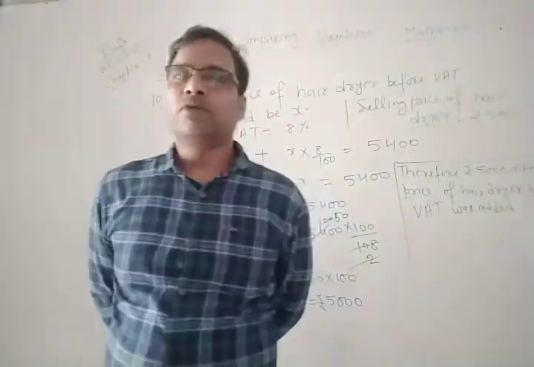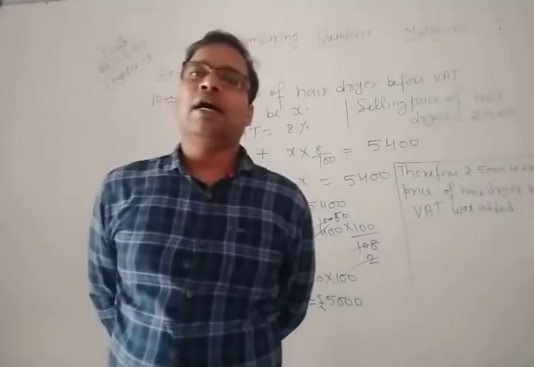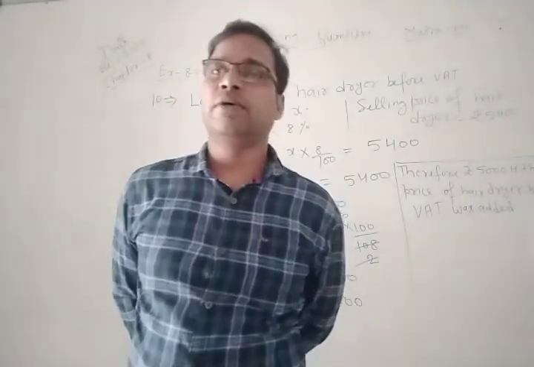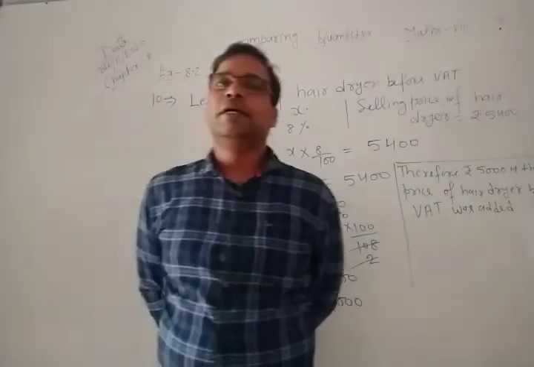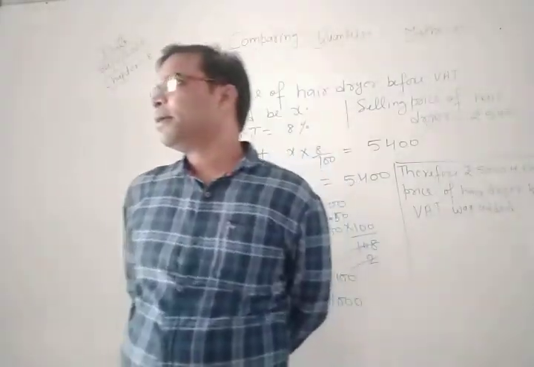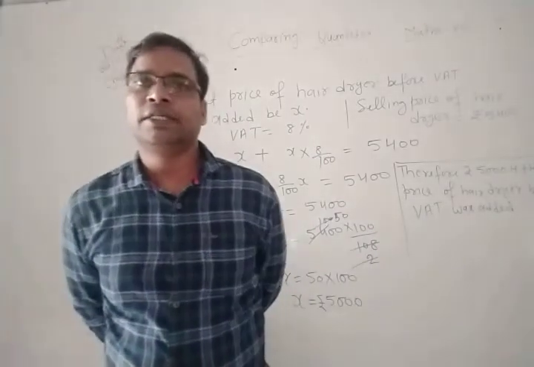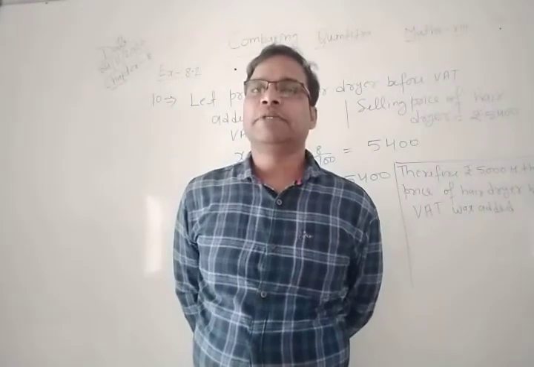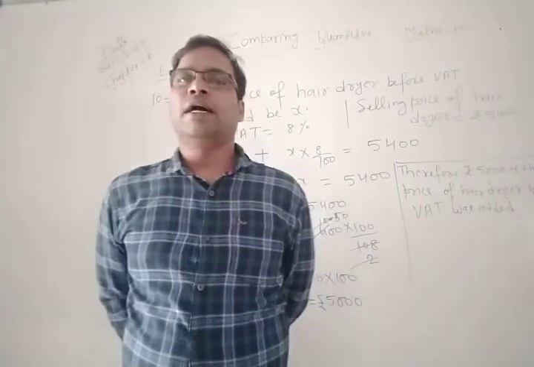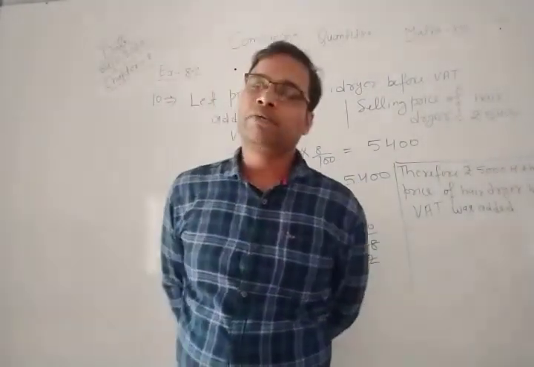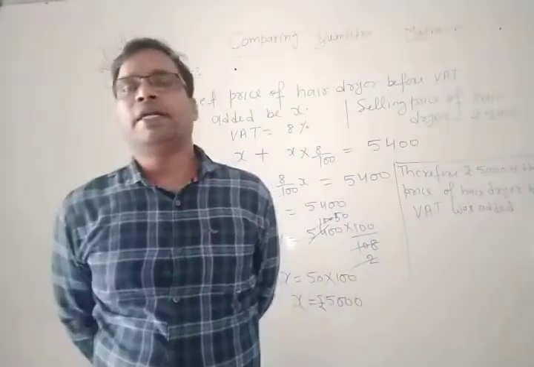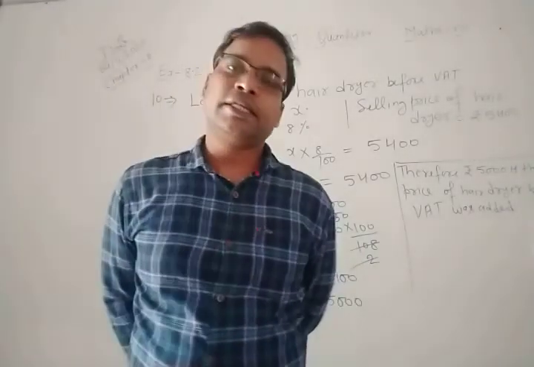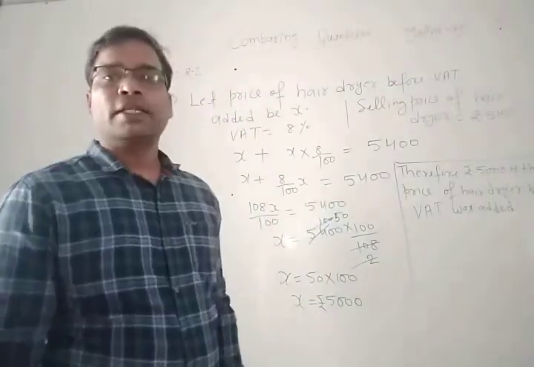Now question number 11 is that an article was purchased for 1239 rupees including GST. Okay. Also we add GST in the selling price, and we find GST on the market price. This is clear. GST is given here as 18 percent. Find the price of the article before GST was added. This question number 11 is similar to question number 10.